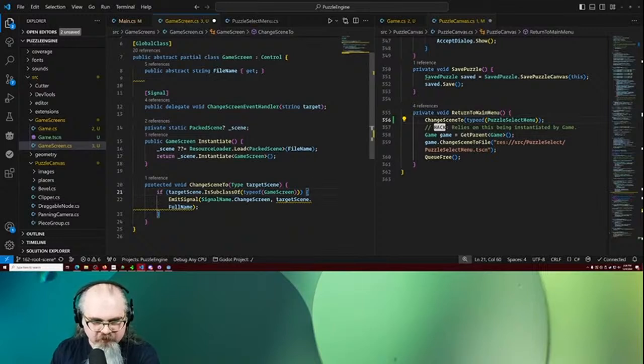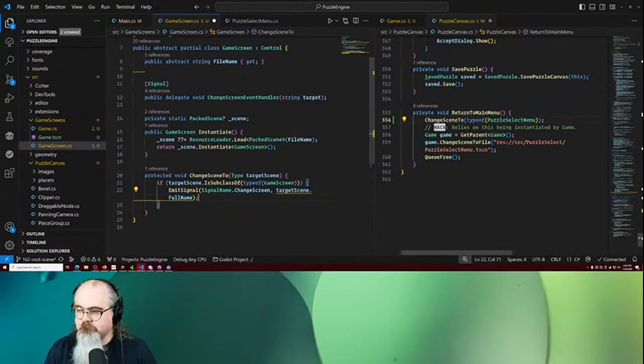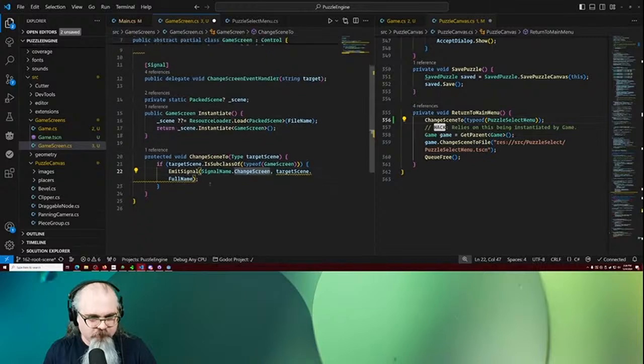All right, so what we care about is that full name is not null. All right. Okay. So if the target scene is a subclass of our game screen, then we want to emit this signal,